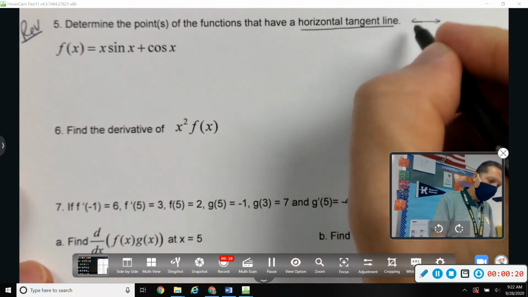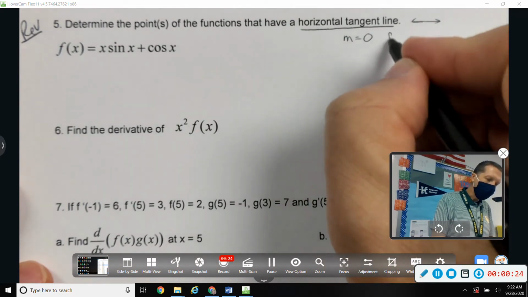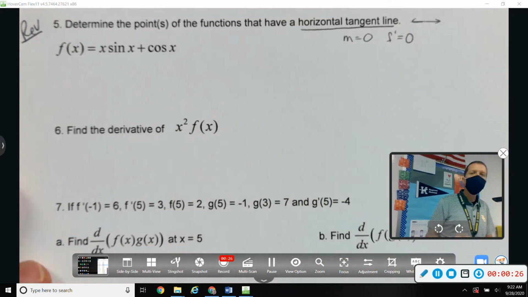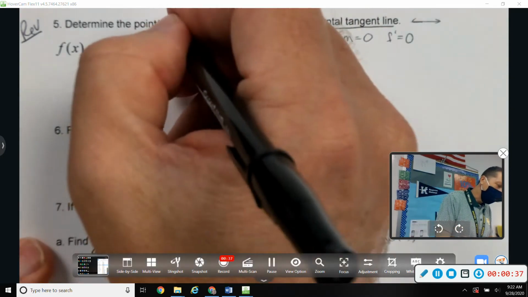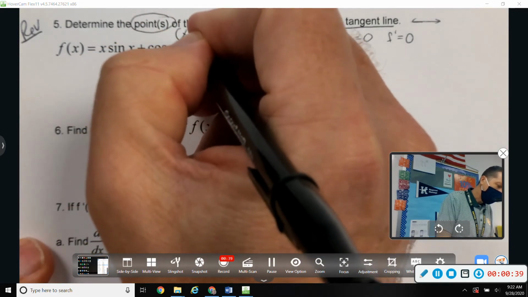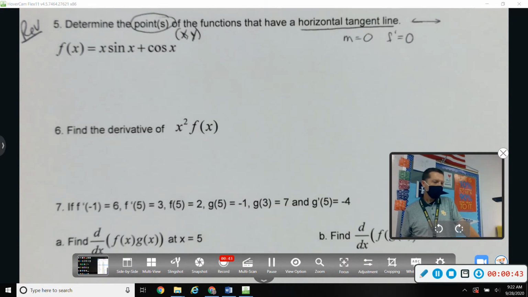Horizontal tangent line. That would have a slope of 0. That would mean the derivative is equal to 0. All right, so I'm going to take a derivative, set it equal to 0, and figure out what x values make that happen. Although it says points, so that means my answer needs to be x and y, not just x. All right, f prime